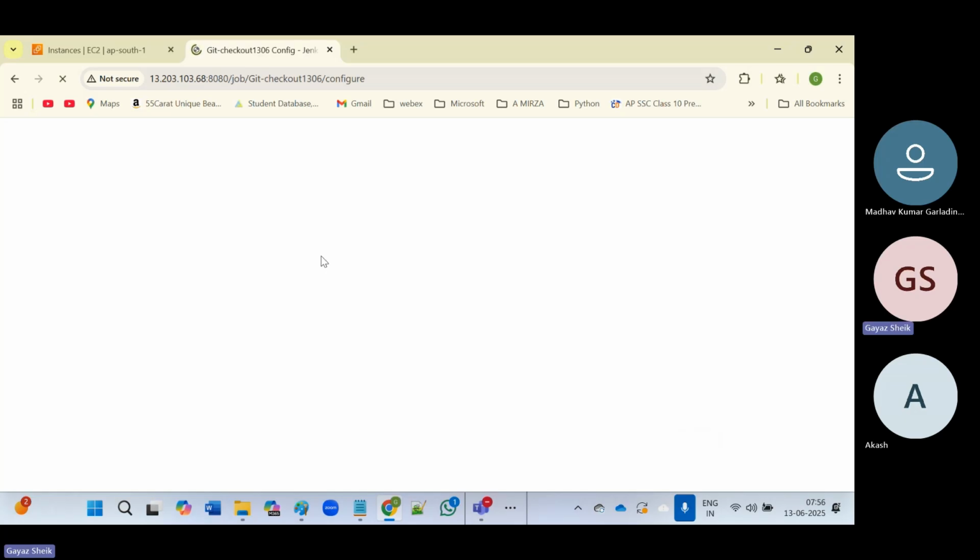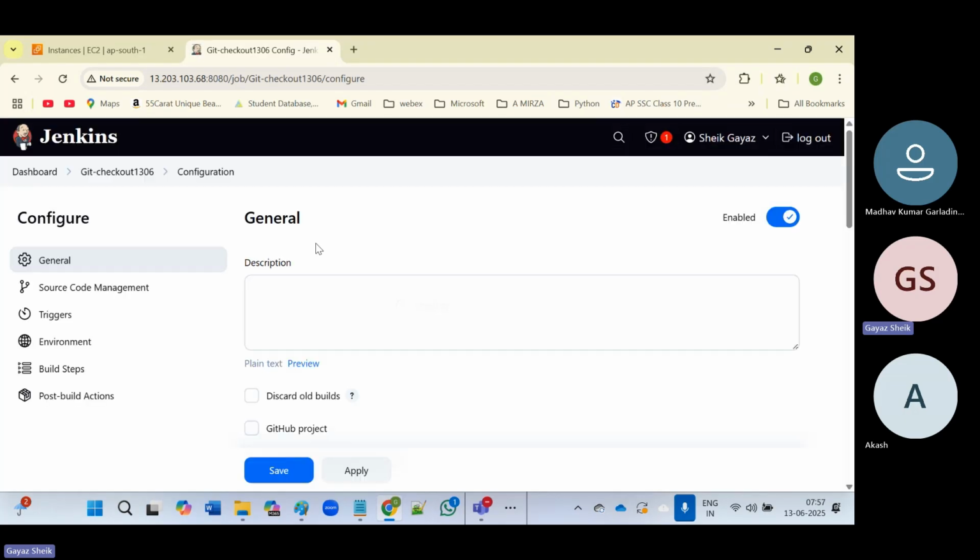Here, with this job we are trying to pull the code from our SCM repository to the Jenkins server. That is the action we need here. Now, once we have the project,